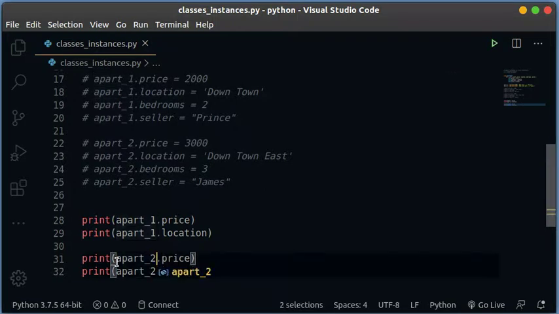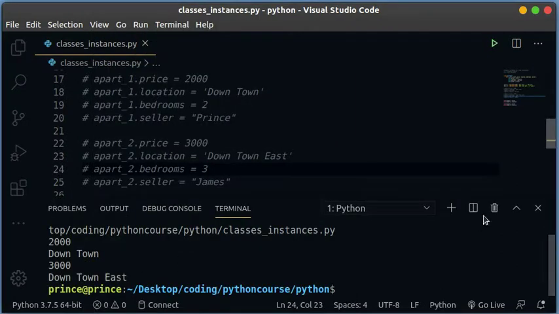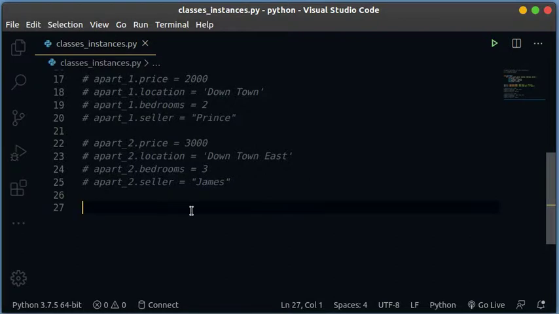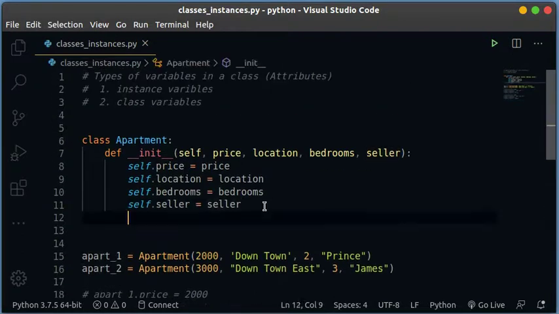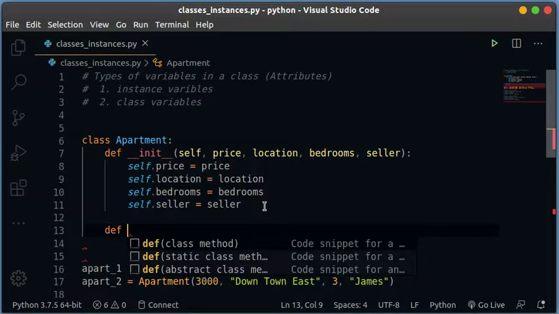And then change all of this to 2. So if you run this right now, we get the description of both apartments. Now imagine that you want to do this for 1000 apartments. You have to copy and paste this 1000 times. That is not efficient. So to do this, we can create a method that we can call to do this for us. So we can just say def, and then we can call it